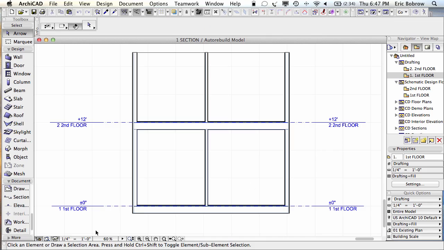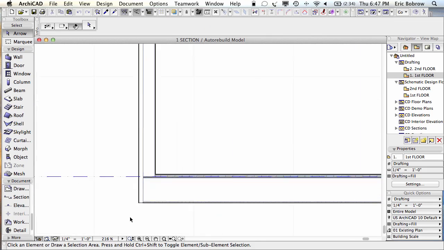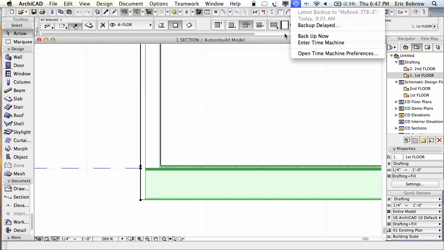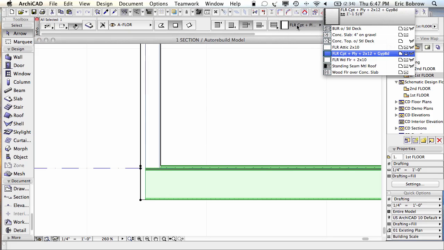Now let's do one more thing here, and that is this slab here. Let's say we're not going to have a basement, so this is going to be something with a foundation, or perhaps it's going to be a slab on grade. So I'm going to switch it. First of all, what happens if I change it to a different type of flooring? So if I change it to a wood floor with 2 by 10 instead of 2 by 12,